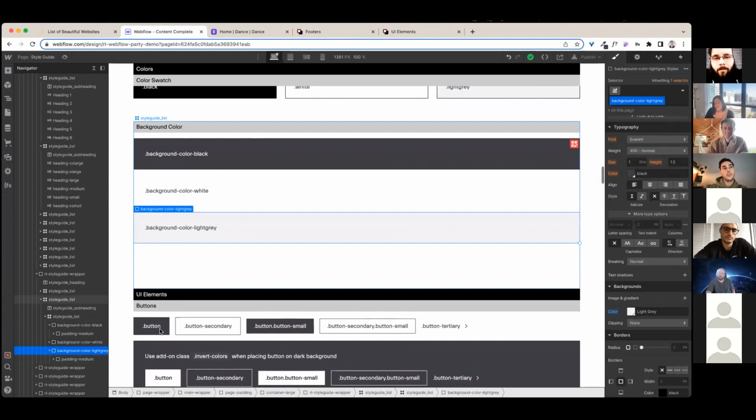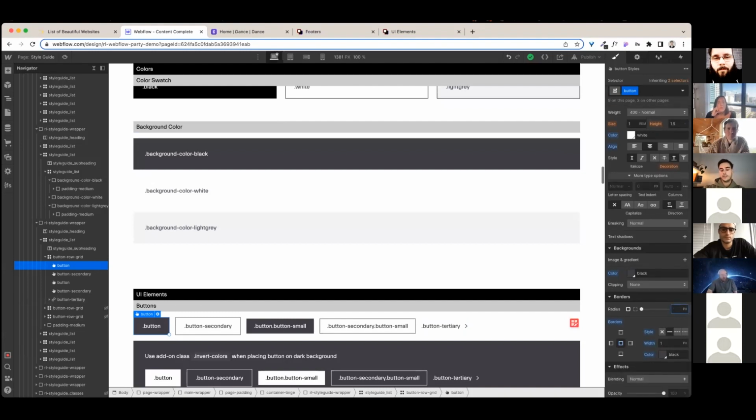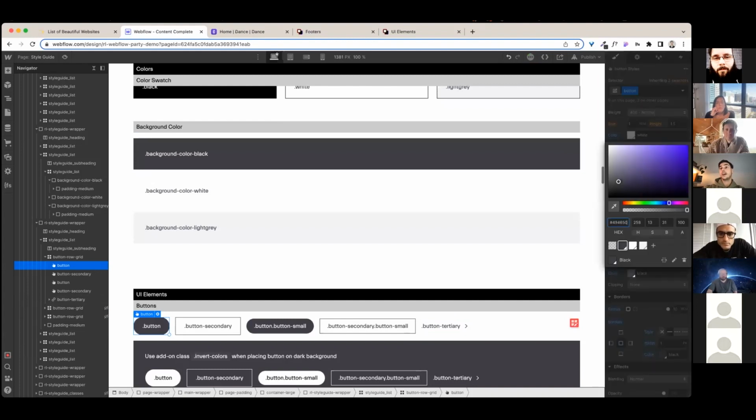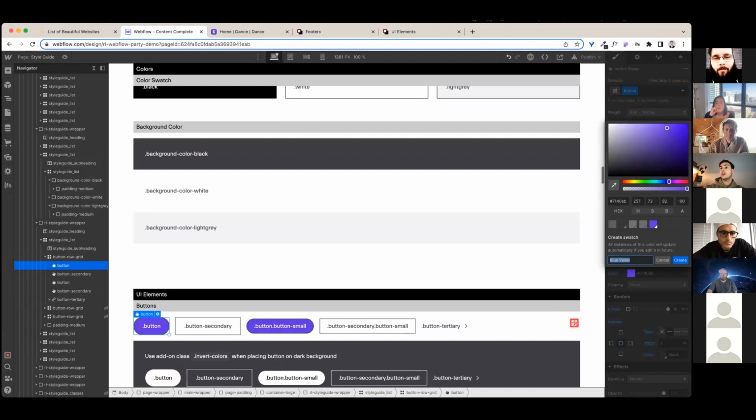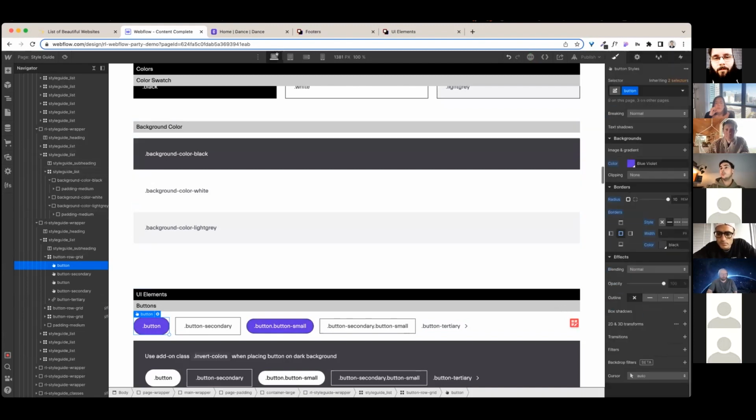All right, so the buttons. Buttons, I've already inspected them, so I'm going to jump ahead, but they are rounded, and they actually use their purple for that. So their purple was here. All right, so that's good. And then I'm going to apply